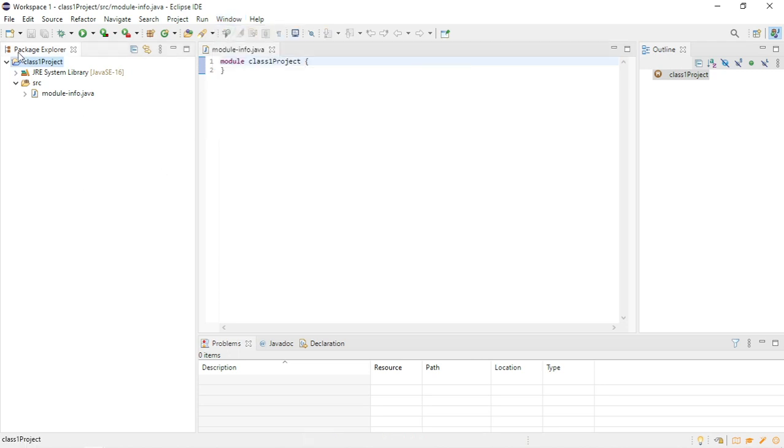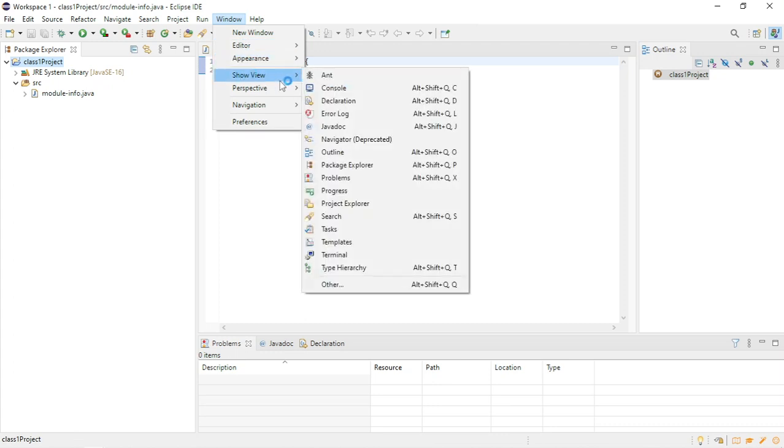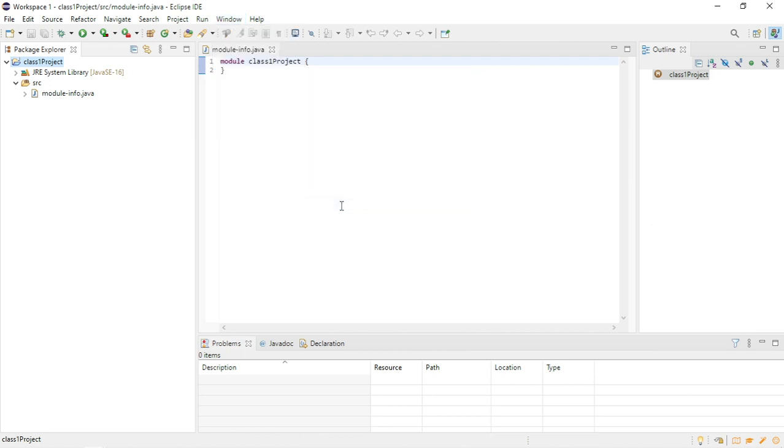So guys, if you see this here, there is one package explorer coming. We want project explorer only as of now. So go to window, show view, and click this project explorer. So you can remove this one. Basically this is your project explorer, and inside this you are having one project. So this is the project name. Forget about these two. We will see from tomorrow what these two are. I just wanted to show you how you can create a project.